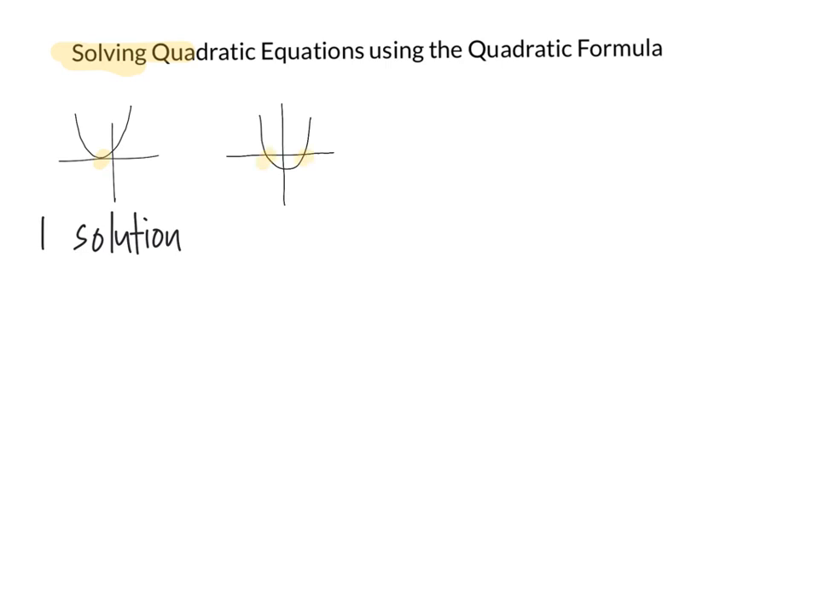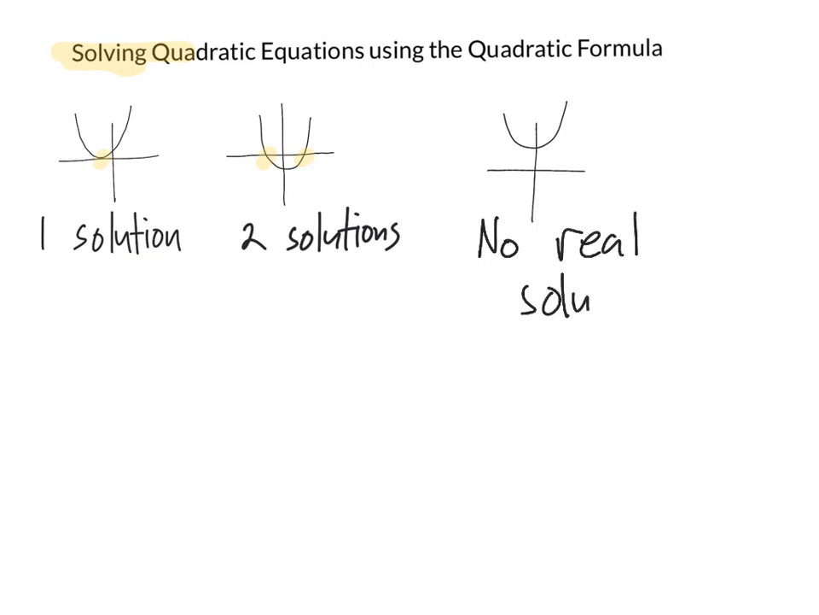Another case that we might come across is a quadratic represented by a parabola that crosses the x-axis in two spots, and you probably guessed that's going to have two solutions. And then finally we might have a parabola that doesn't cross the x-axis, and we're going to say that has no real solutions,